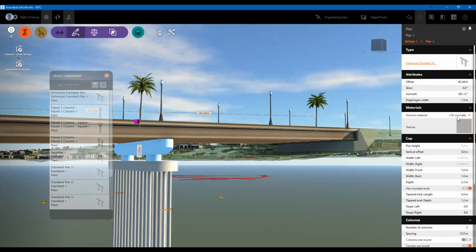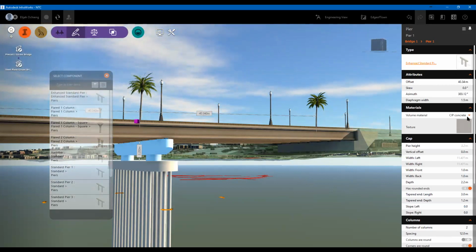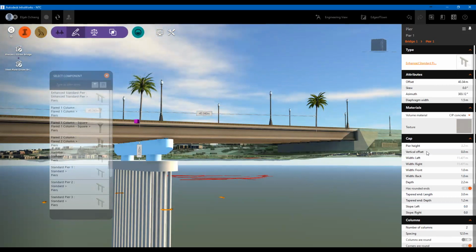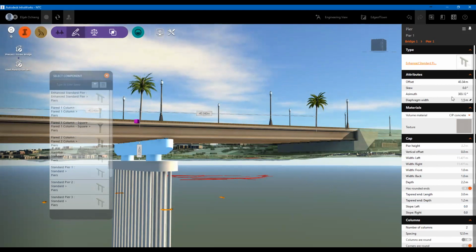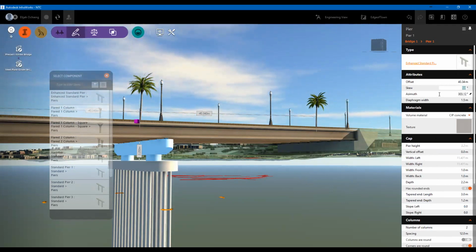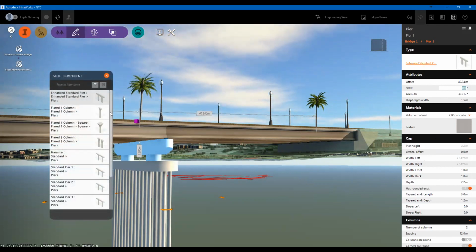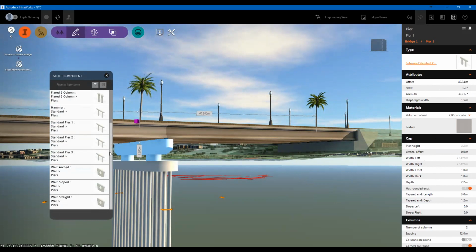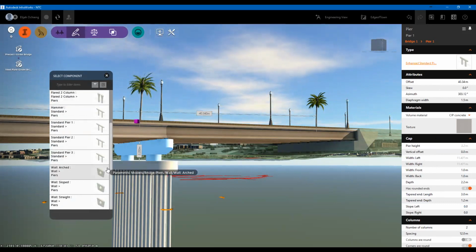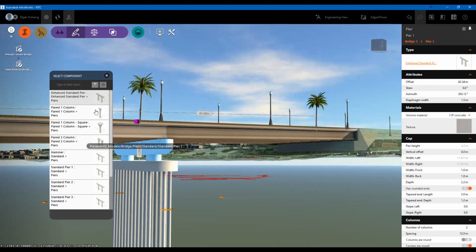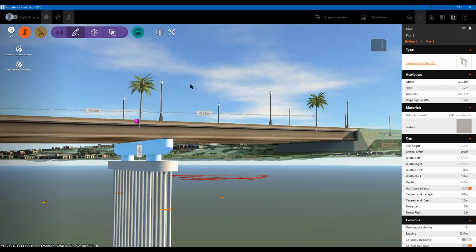It tells me the volume of the material will be concrete. It tells me the height, the offsets, the diaphragm, whether it is skewed or not. So if I want it to be a skewed pier, I'll just add the angle of skewness there. And it tells me the standard to which that pier will be made. So I can choose and select from the available alternatives here. Again, this is something that you must know if you're a bridge designer, the various pier design standards that you